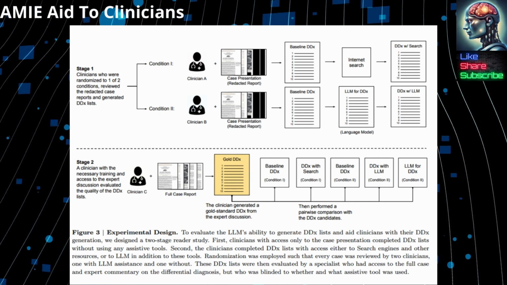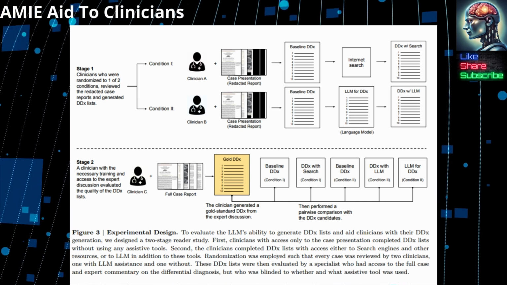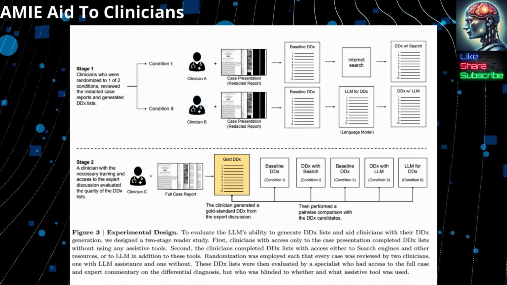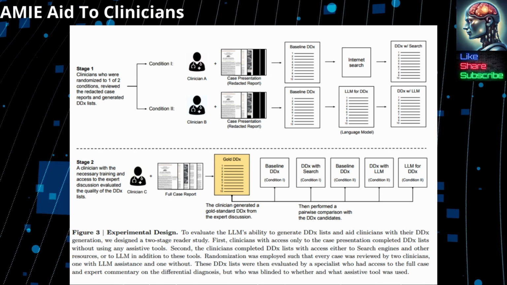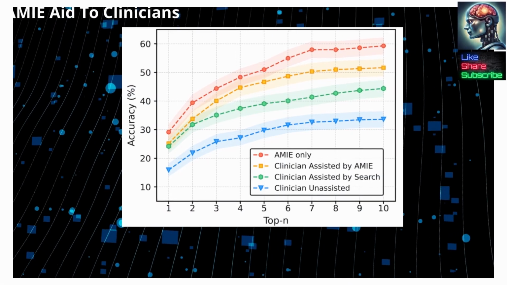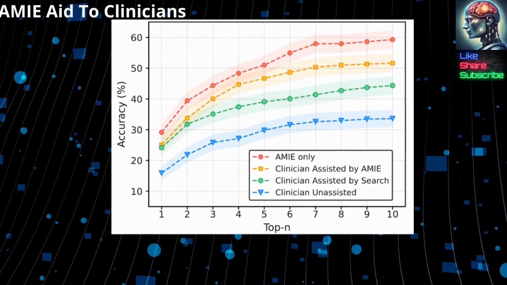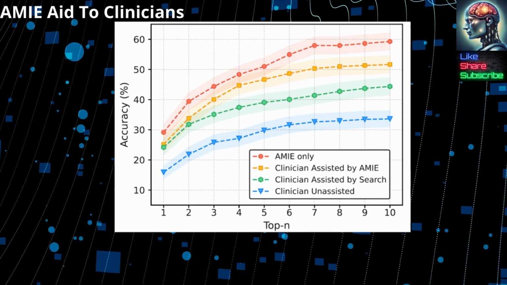These differential diagnosis lists were then evaluated by a specialist who had access to the full case and expert commentary on the differential diagnosis, but who was blinded to whether and what assistive tool was used. Based on the results, AMIE exhibited standalone performance that exceeded that of the unassisted clinicians. For top 10 accuracy, 59.1% versus